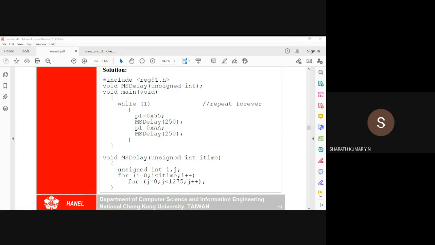Even in that, unsigned integer takes a 2 byte location, 2 byte data. It can vary from 0 to 65,535. Total number of states is 65,536, including 0. Okay, so the advantage of using unsigned integer is that we can accommodate more